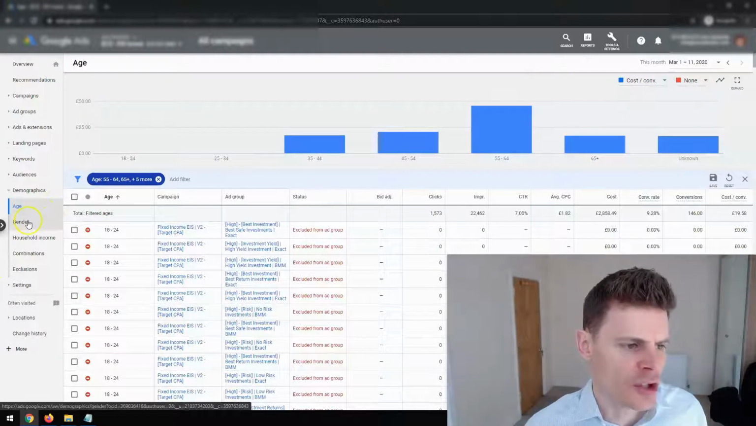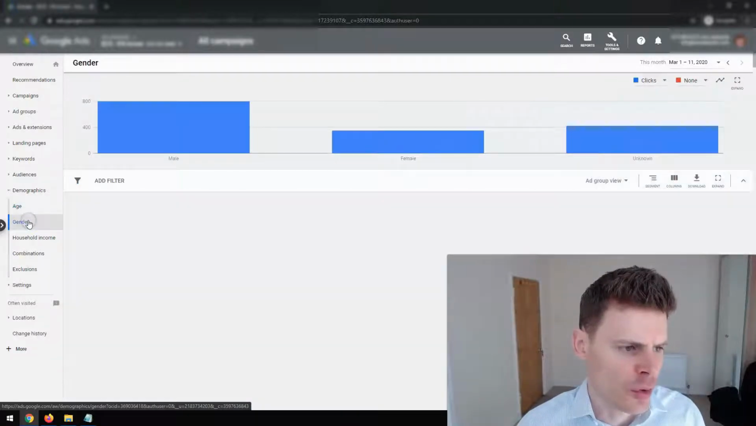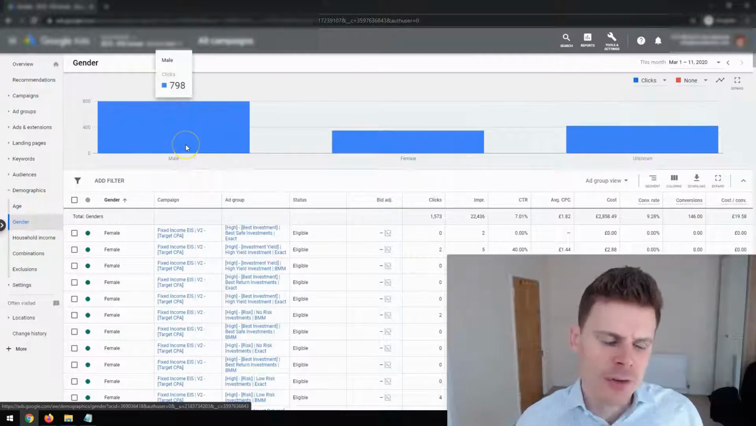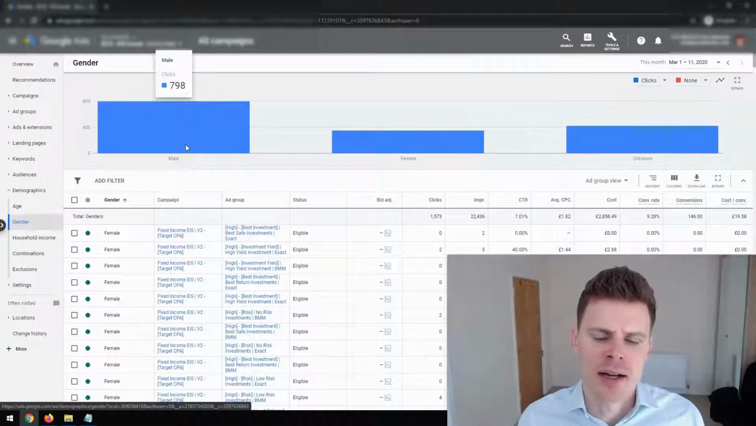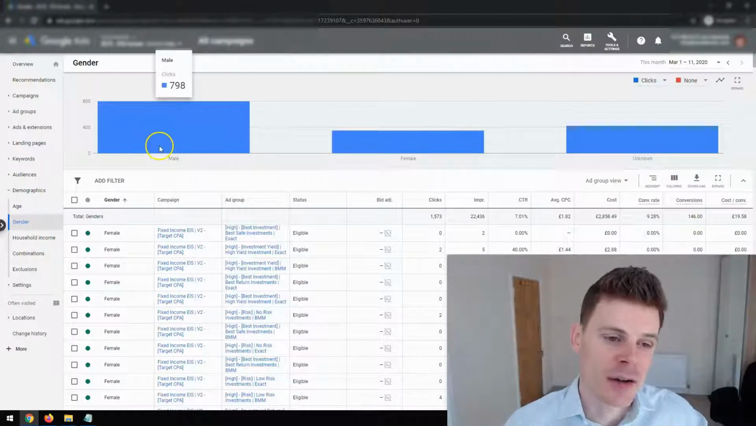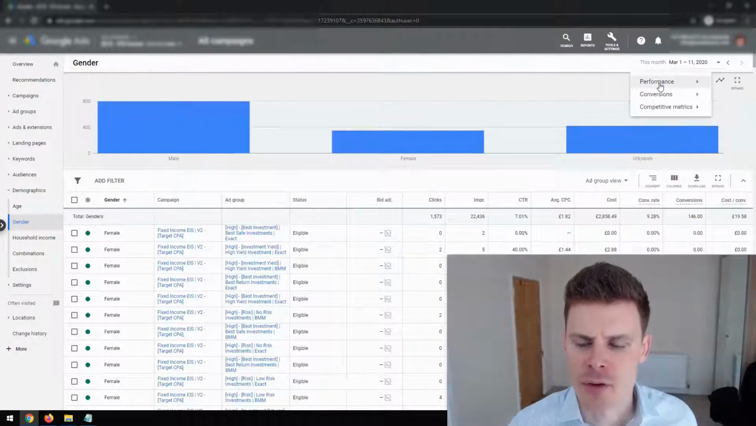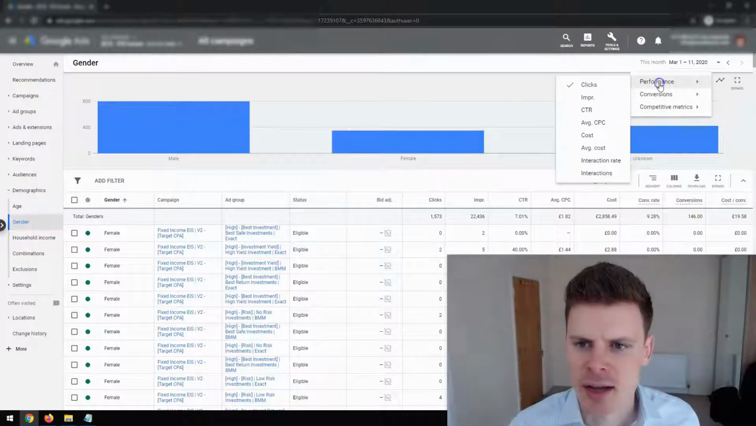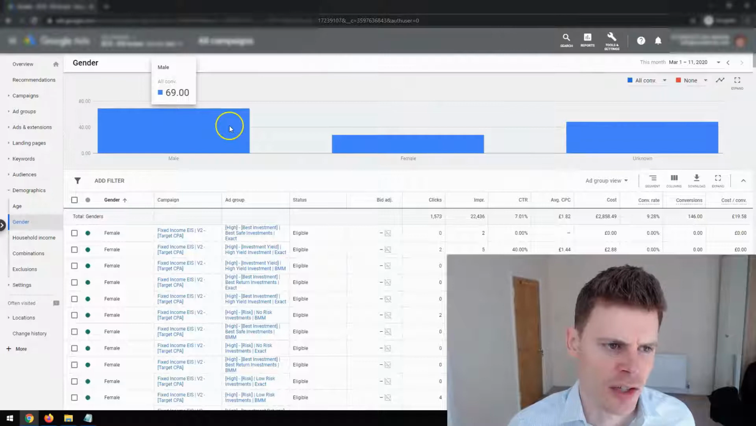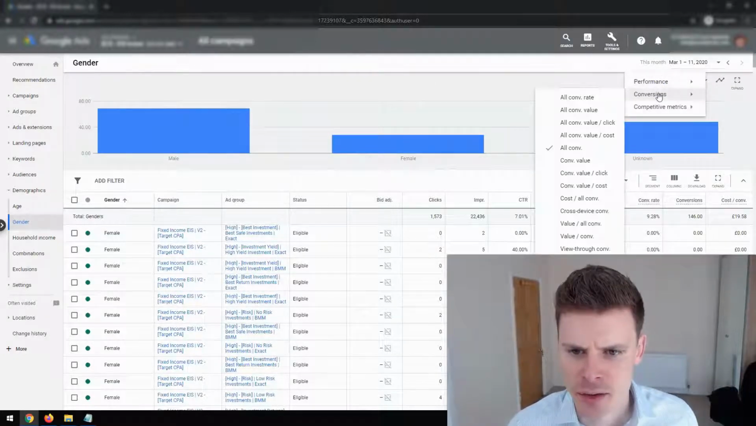So what we've done with age, you can do the exact same thing with gender. So you can review how different genders, male or female, perform. So we can see here that most of our traffic for this particular client is coming from the male audience. And if we take a look at conversions, again, we can see most of our conversions are coming from the male audience,